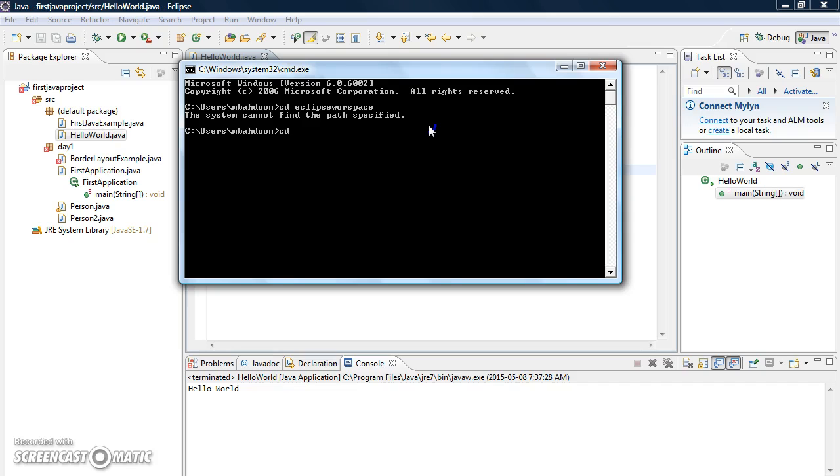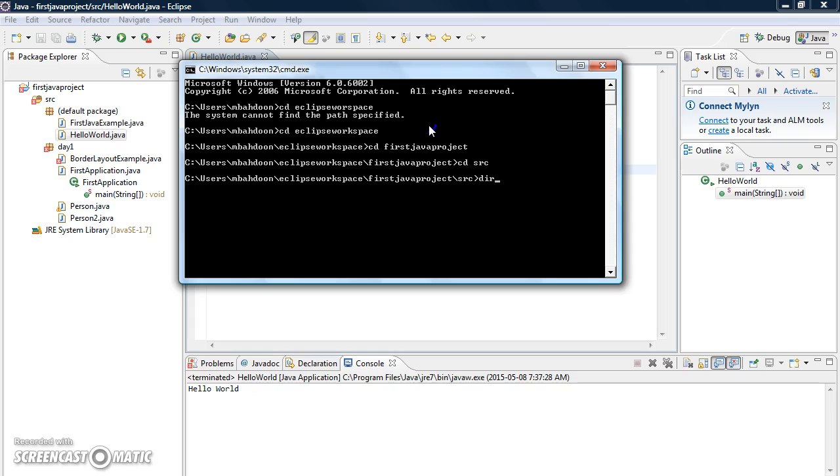No, I think there's something wrong here. cd Eclipse workspace. Okay, so that's the first folder, and the second folder, first Java project, and I believe the third folder will be the source code.